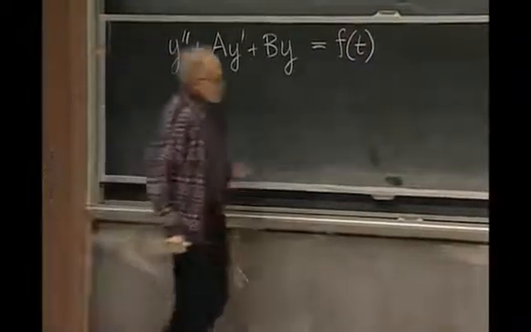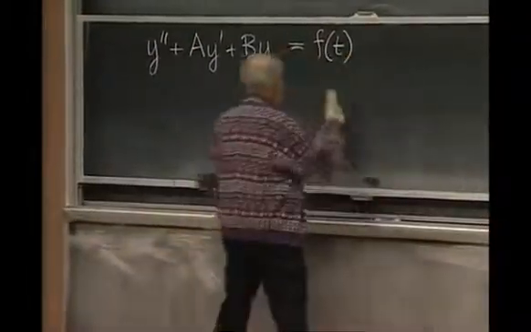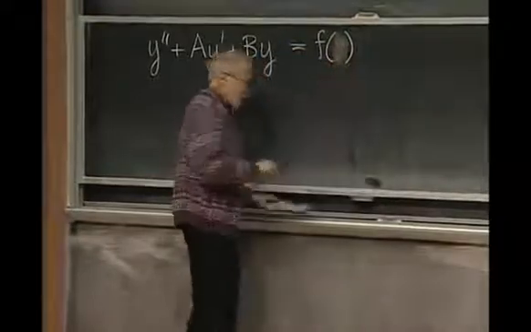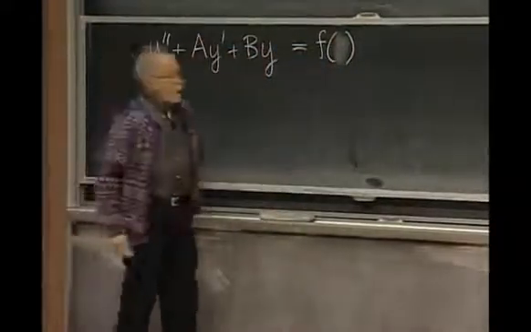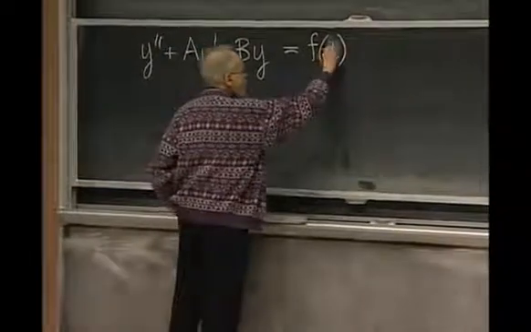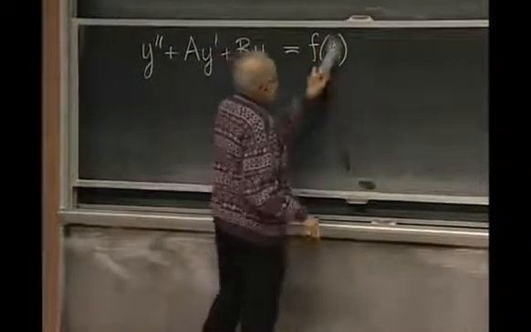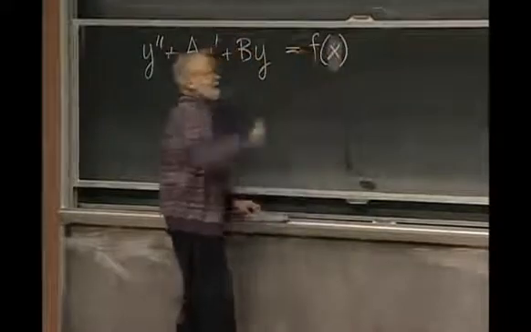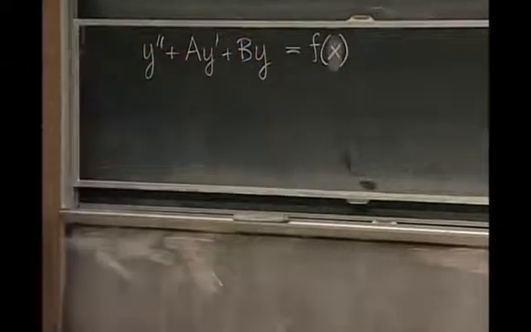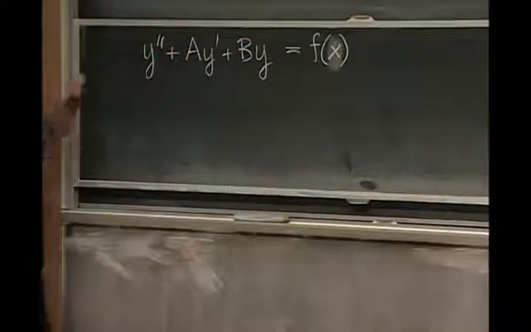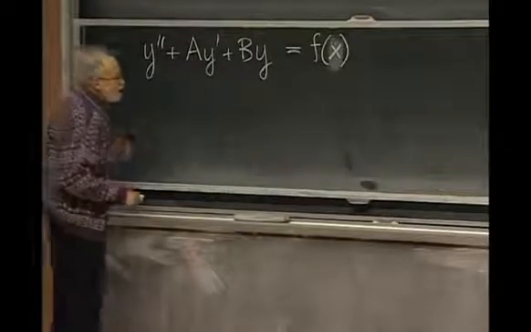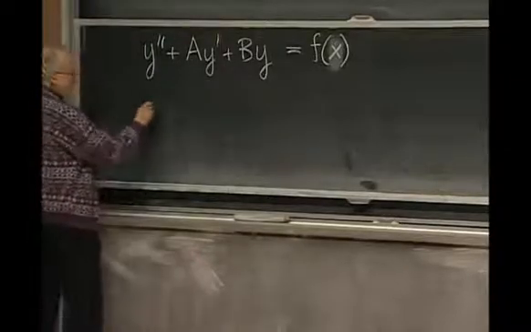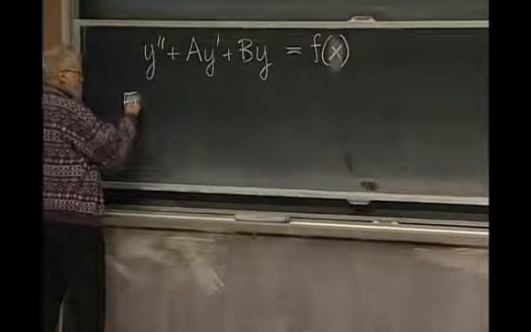I'm going to use X as your book does, keeping to a neutral letter, but again in many of the applications at any rate, it wants to be T, but I make it X. So the independent variable is X, and the problem is, remember, to find a particular solution,